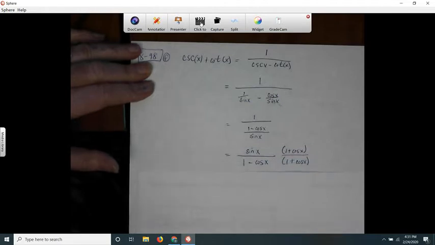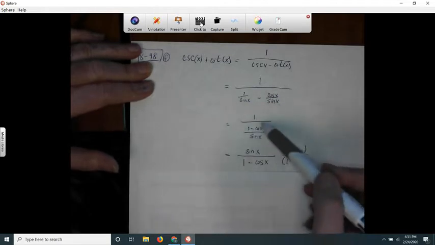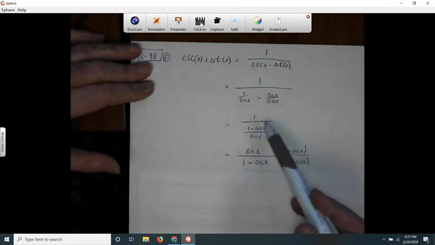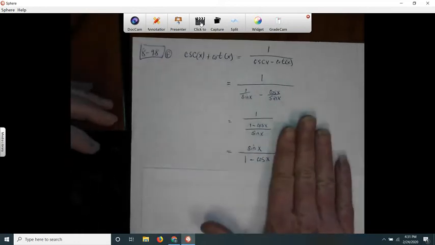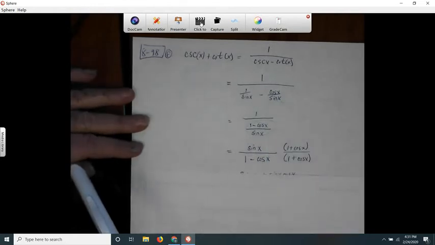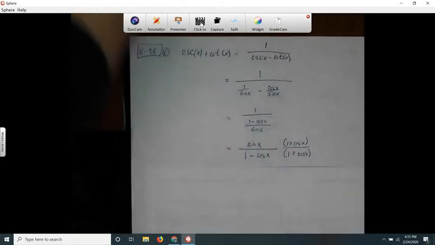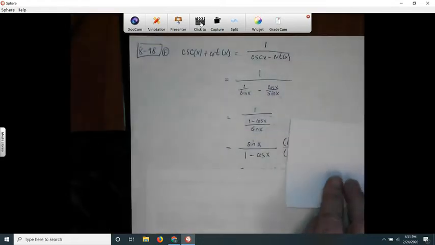And then I realized that if you have 1 over something, then it's the reciprocal of this. So I just flipped it up, and then that's when I got really stuck. So then I'll cover this part up. I was stuck right here